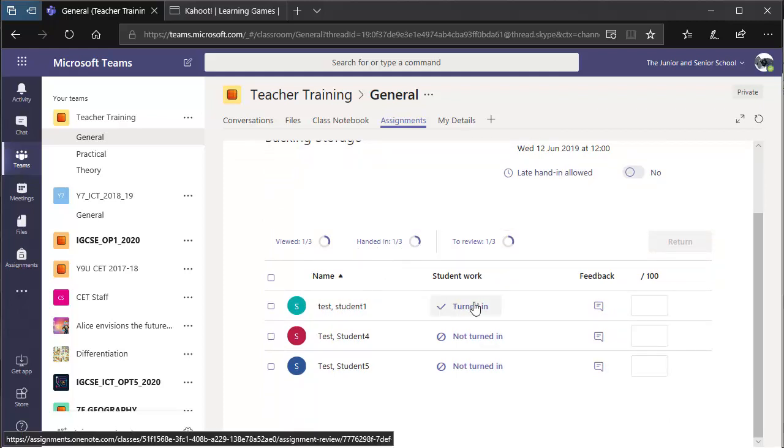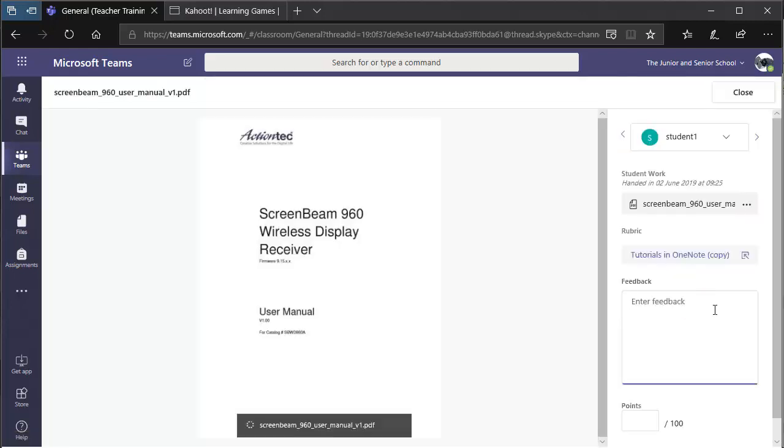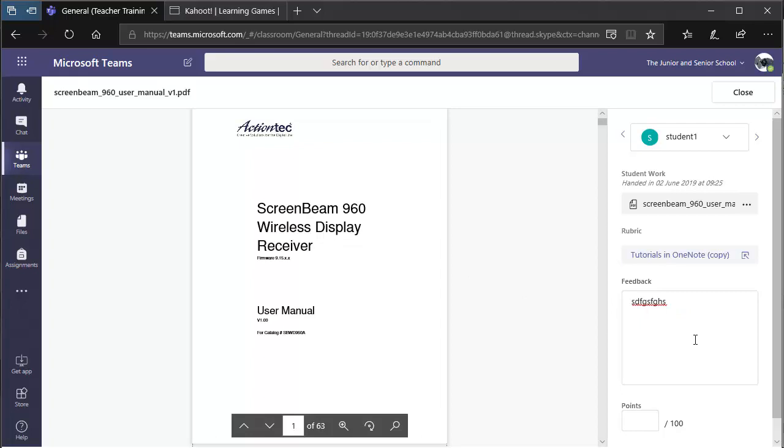So test student 1 has turned in. So I can click on test student 1. I can give them some feedback on this. Okay, so feedback on their general work here. So I could just, let's say I've read this and I've done the feedback. And now if I want to,